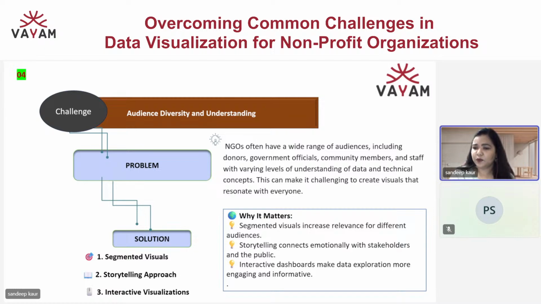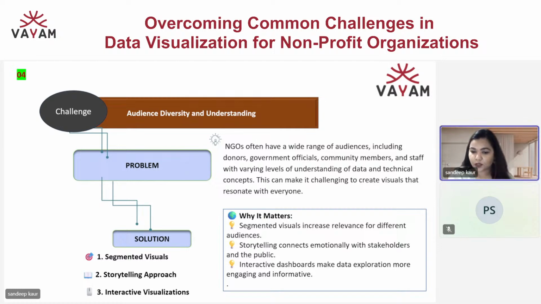Make the visuals segmented. Suppose you want to make it in a way for donors, government officials, community members, staff, or volunteers, or any other stakeholders, make the segments so that I am able to read my section. Let's say if I want to go one step ahead, I have the segments known and I can choose any to read that data. So I'm not getting lost in your huge data visualization.